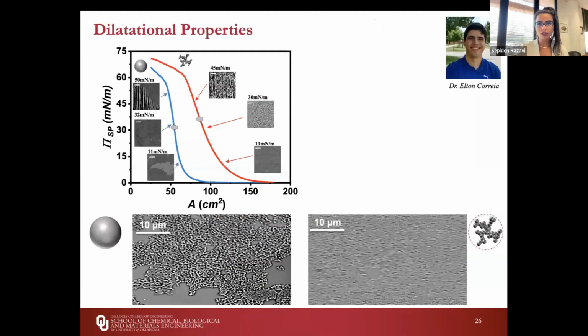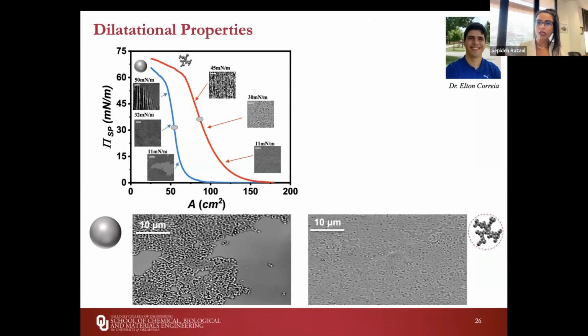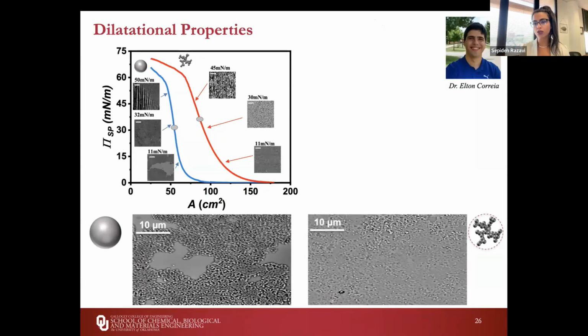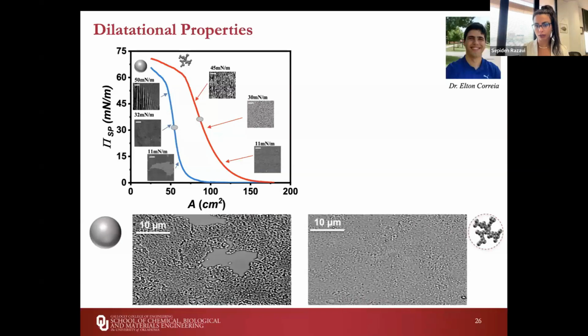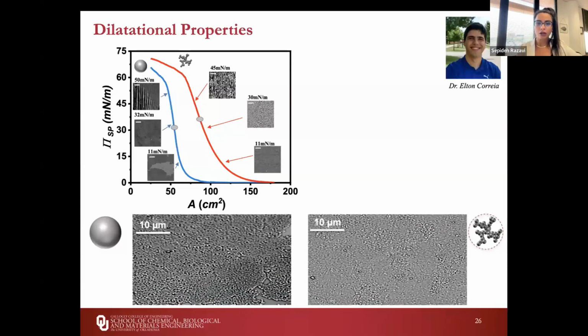Okay. So how do we do that? This is the work of Dr. Elton Correa, who was my graduate student that just defended his PhD, and also he is an alumnus of your institution as well. So he basically put these particles at the interface, both the round ones and the rough ones, and he looked at the surface pressure versus area isotherm for these particles to look at what we can learn about the interactions of these particles at the interface and eventually their compressional elasticity and mechanical stability. So again, the goal is to relate back to this Gibbs elasticity criterion.